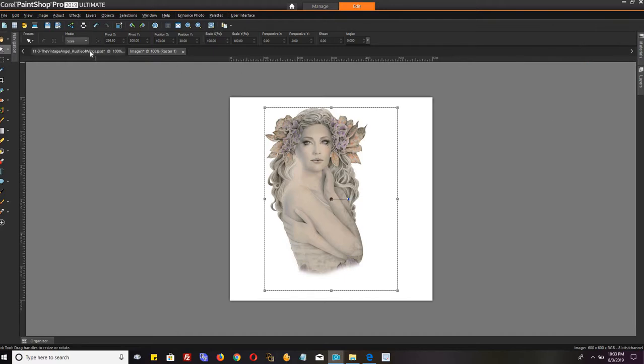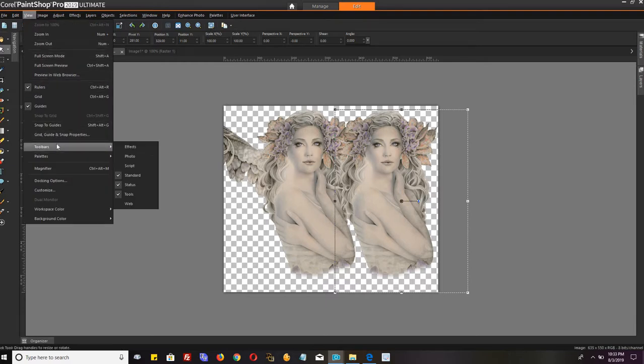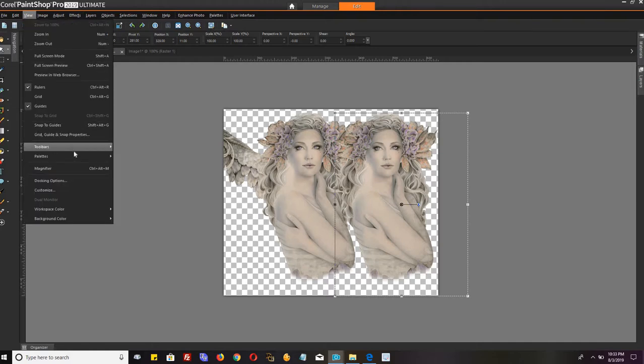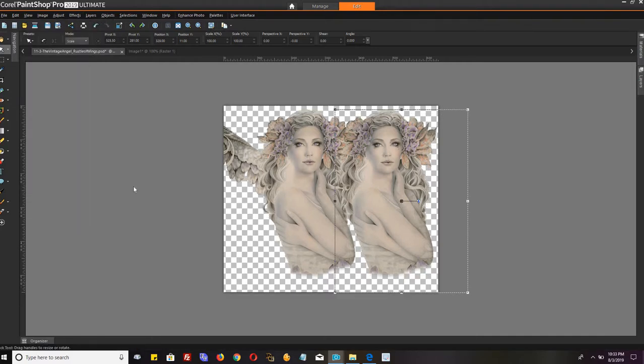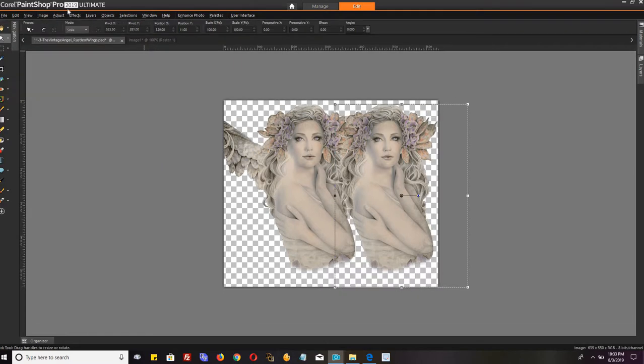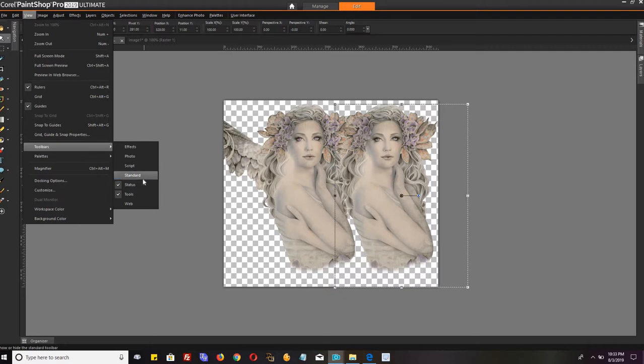Let's see. Under View here is the toolbars. This is the tools toolbar. Let's see, which one's the status? Oh, I think it's down here. Standard was up there at the top. I always keep that one on. Standard, status, tools,